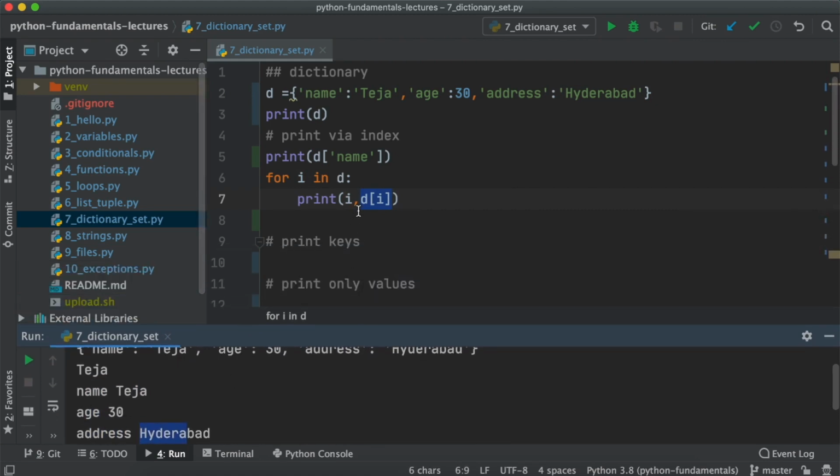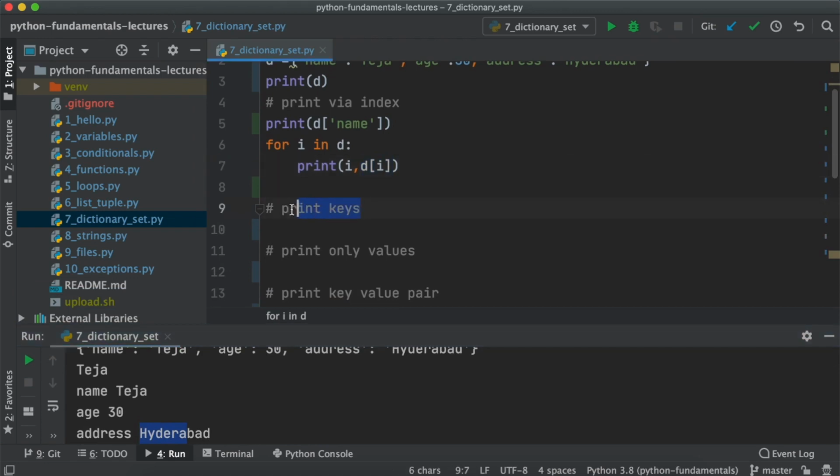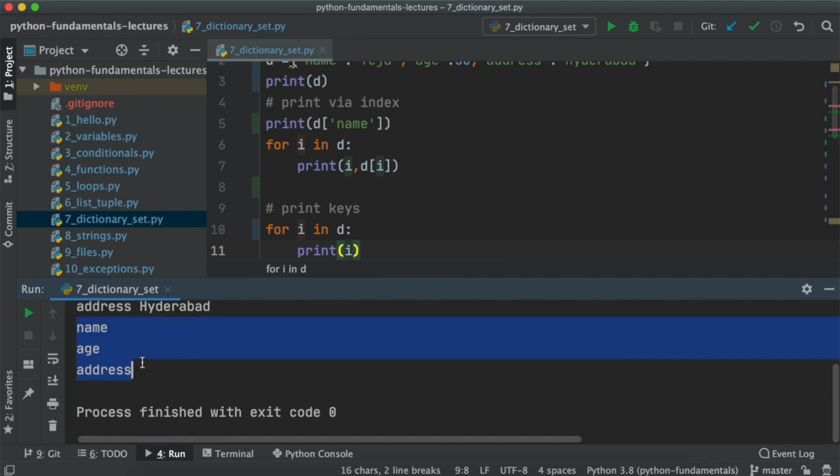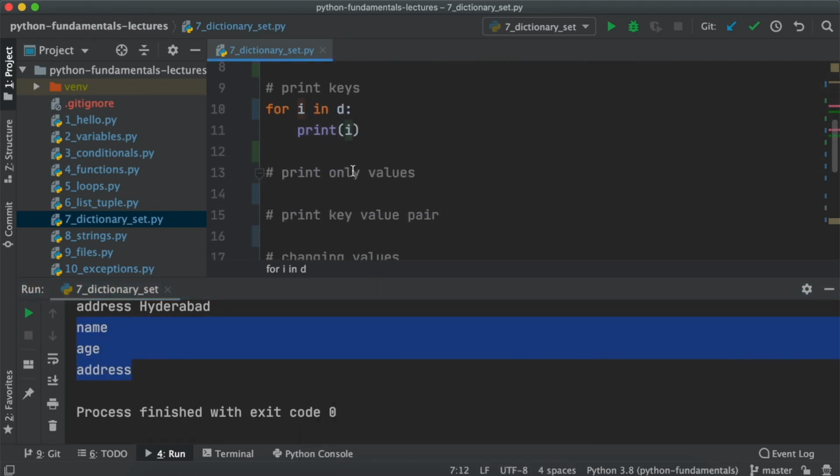Perfect. Now to print the keys, I'll just copy this. I could just do the I, which only prints the key. Or what if you want only the values? One way of doing it is you could just do the D of I, or there's one more way.